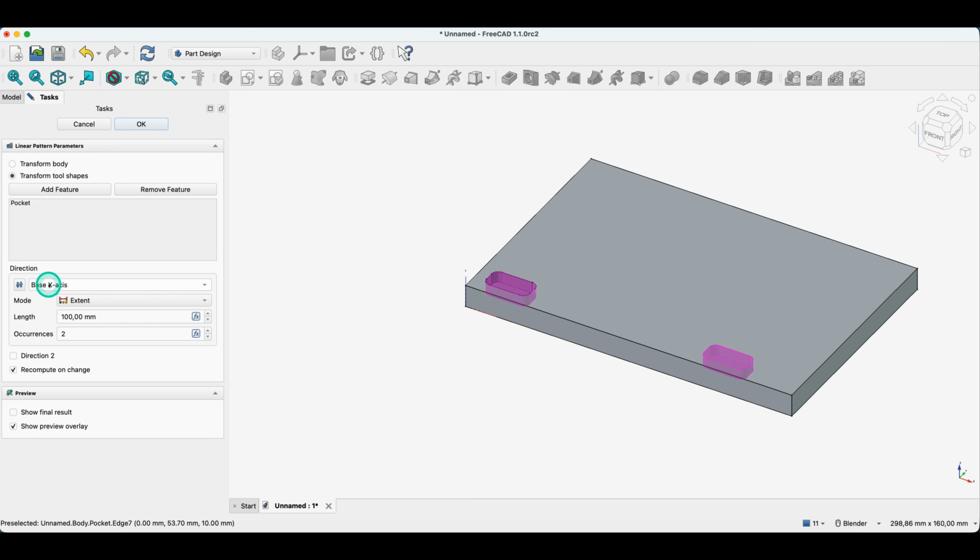And now we define the pattern parameters. An important parameter is the pattern length. In this case, the length of this solid is 150, and the first element, the center of the first element, is offset from the edge of the solid by 15. And I would like the center of the last element to be offset from this edge by 15 as well. And since the length of the solid is 150, we have to subtract the values of the offsets from the edges of the solid from this length. So here I enter 120 as the pattern length,